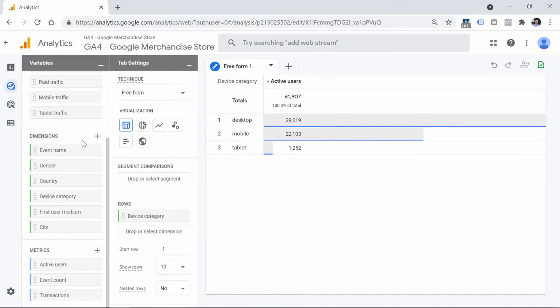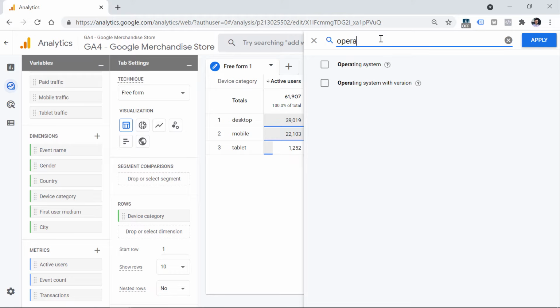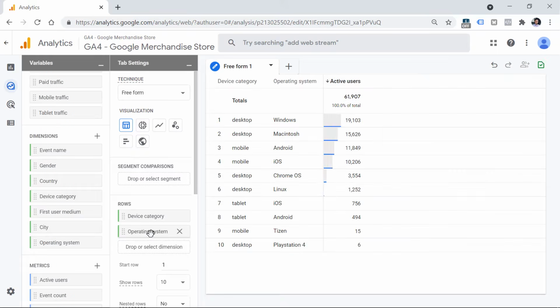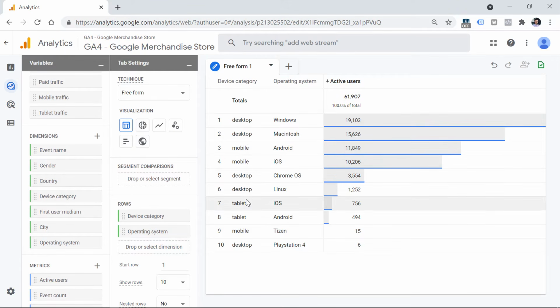We need to add that dimension to the variables column. So to add that dimension, we have to click the plus icon right here and then enter operating system, and here it is. I will click this checkbox in order to include it in the report and then click apply. Now this dimension is at our service and we can actually add that to multiple tabs of our exploration report. So I will double click it, it will be added right here, and then we will see the primary dimension